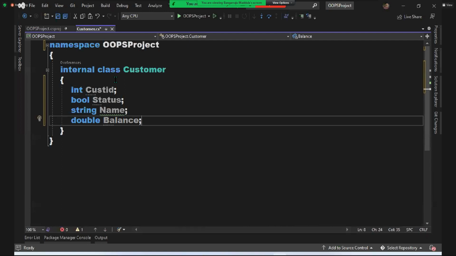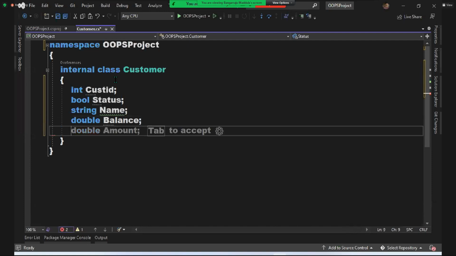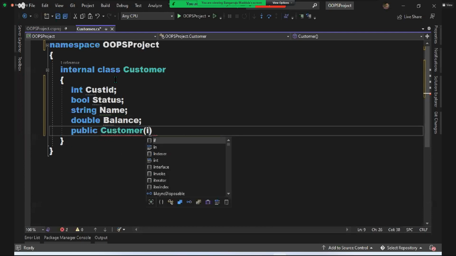So 4 fields you declared. And what is the next step, guys? The next step is to initialize the fields using a constructor. Recollect the ATM system case study. I said you pass the customer ID, the customer ID goes to the database, loads the values from the database, and all fields are initialized. When we talk about loading from database in the ADO.NET classes, I'll tell you about it. For the time being, I'm using